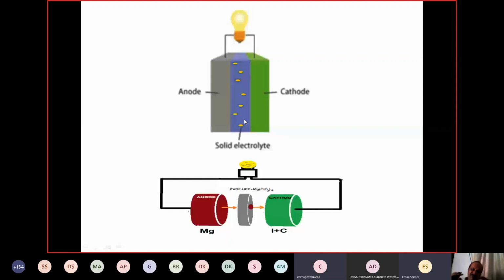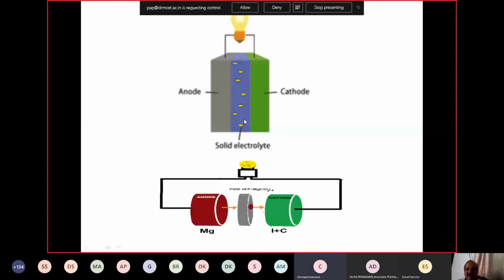Yes, ma'am. Whatever salt we are using, that salt can be accommodated up to a particular composition only. We may not say that it's 120% for all the salts, because we are using different salts, and different salts may accommodate different compositions. If you take one salt, it can accommodate 20% with higher conductivity. If you take another salt, at 15% only you may get higher conductivity. So that depends upon the source salt we take.